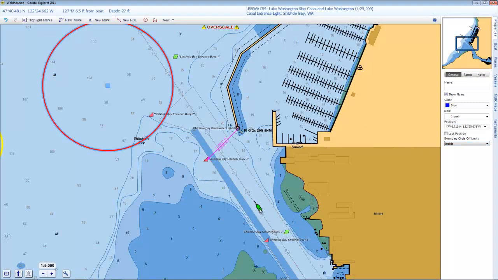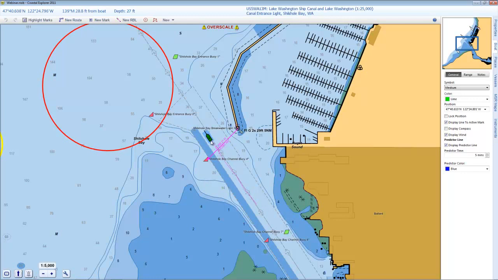And now, if my vessel were moving, and I'm just going to grab my vessel and move it by hand, and you notice it's leaving a track line behind it, that little blue line. But when the vessel crosses the boundary line, it sounds an alarm. We can turn off the alarm just by clicking on the yellow area at the top of the screen there. But a boundary circle is a special kind of mark with a boundary around it, and you can mark the inside or the outside of that boundary to be off limits. Some people like to think of it as using something like that as a